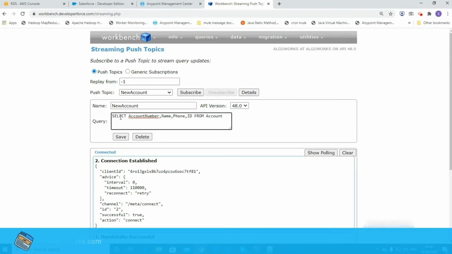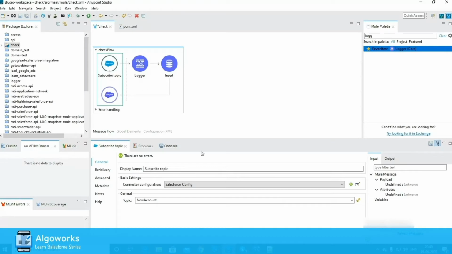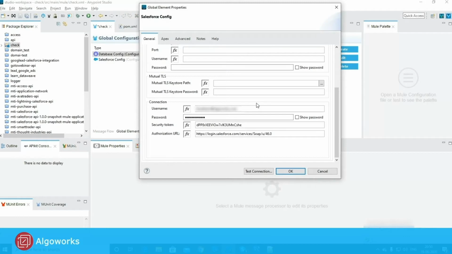Now I'll walk you through my Mule flow and I'll show you some of the configurations which I have provided in the Mule flow. So this is the subscribe topic. I'll show you the configuration of this Salesforce connector. So here are some of the configurations which are username, password, security token.